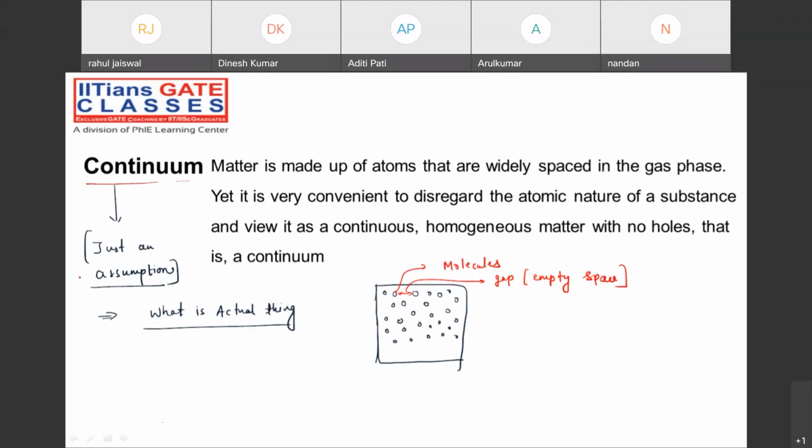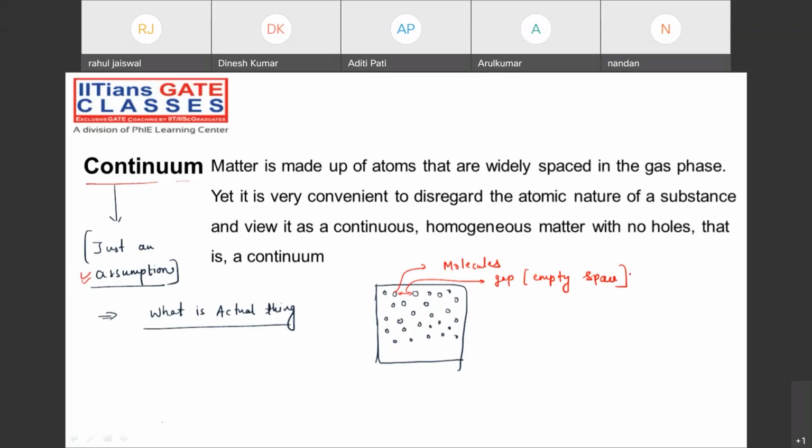What we are observing is a completely assumed picture. The concept of continuum is just an assumption. That is not the actual reality. But still, we are treating this assumption as very good and accurate, because whatever the empty spaces are,